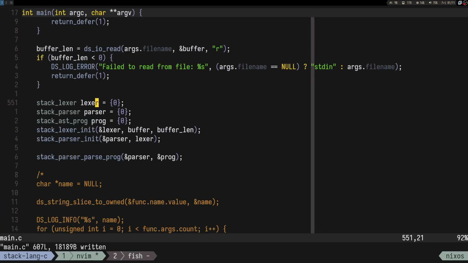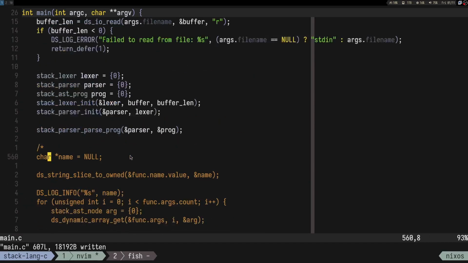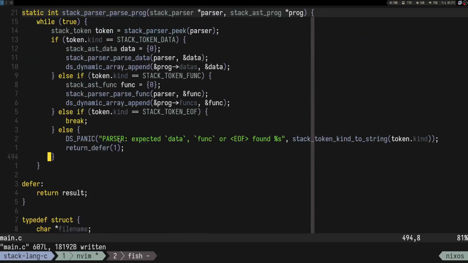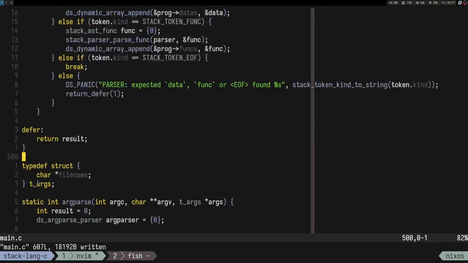Perfect. So if we want to see the tokens, we call stack lexer dump, but I want to do stack parser dump. Let's see where that comes. So stack parser dump,